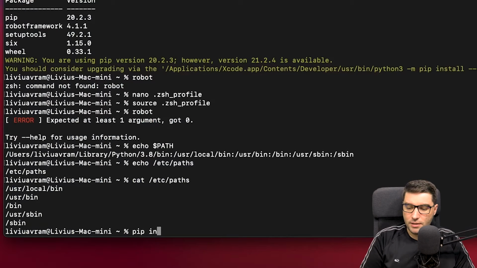So we know that we have Python installed. We know that we have Robot Framework installed, because that's all it takes to make the Robot Framework installation. Now we can install the Robot Framework Appium library, which we will also use for automation. So we will go and say pip3 install robotframework-appiumlibrary.